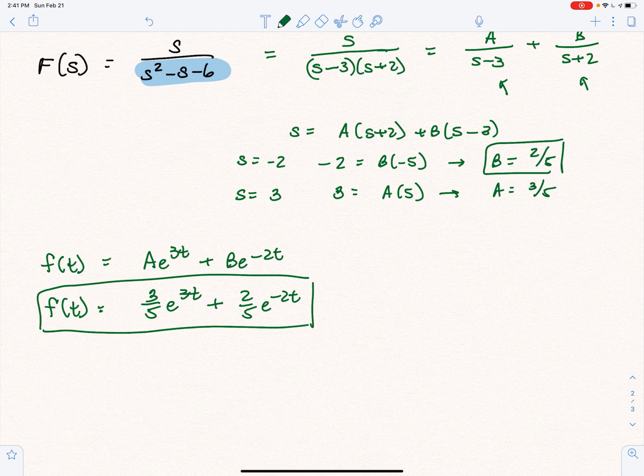So if your denominator factors, partial fraction decomposition could get you to a transform that you know, a familiar